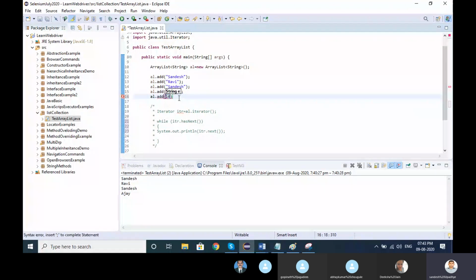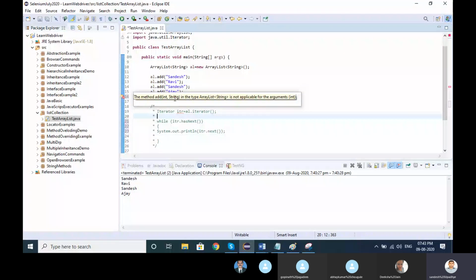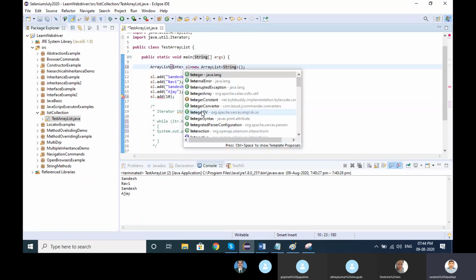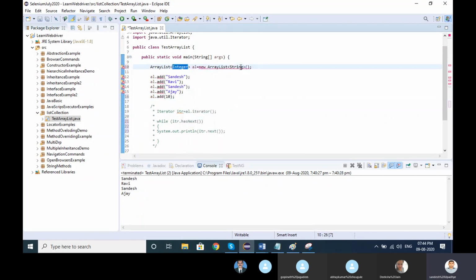Look here what happened. The method add(String) in the type ArrayList<String> is not applicable for the argument, because the ArrayList is of String. If you add an integer here, it will be a problem.